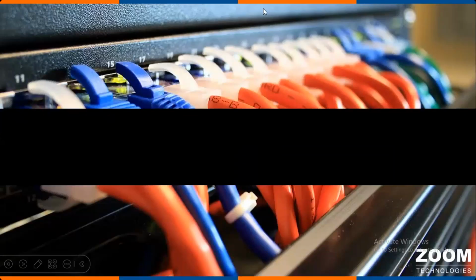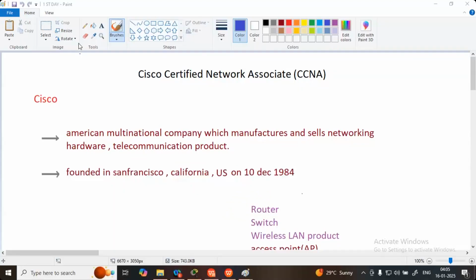In this program, we are going to discuss CCNA. CCNA stands for Cisco Certified Network Associate. In this CCNA, there are two words. The first one is Cisco Certified. Cisco is an American multinational company which manufactures and sells different